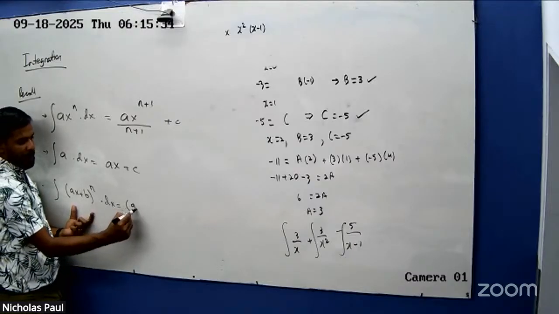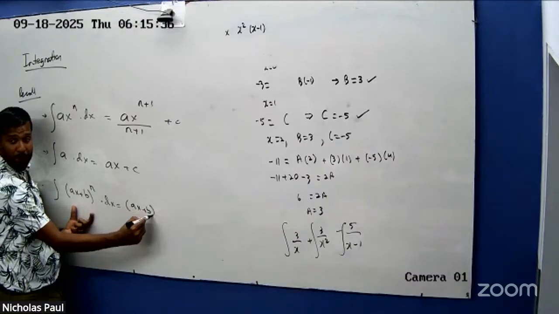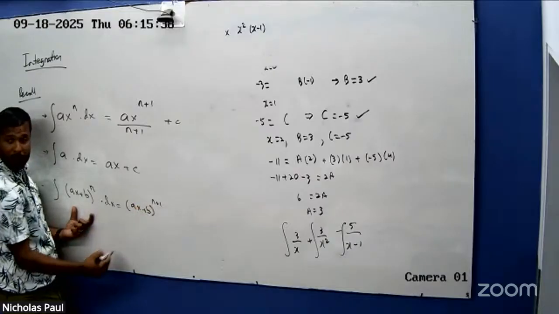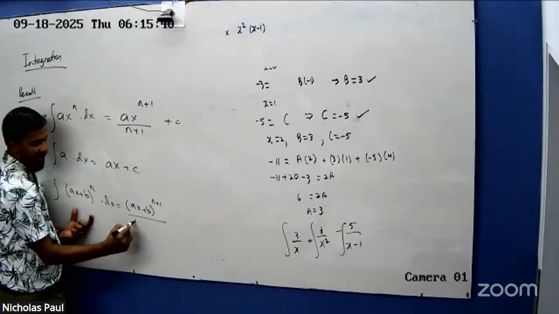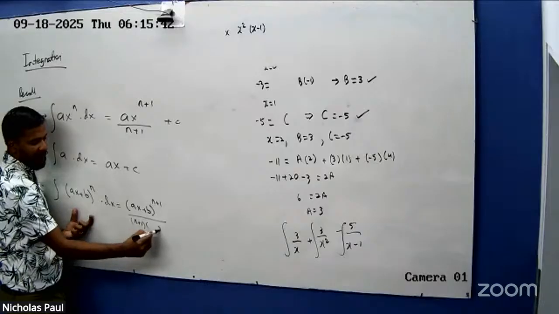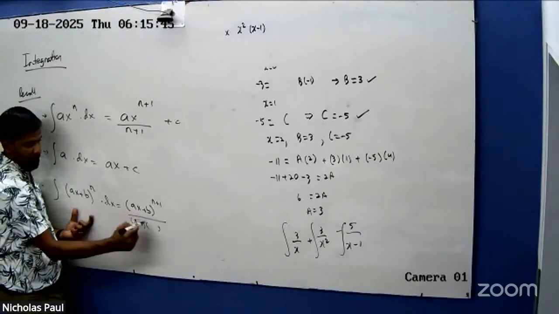Right, so it will be ax plus b, add 1 to the power, and then divide by the new power and the differential of the